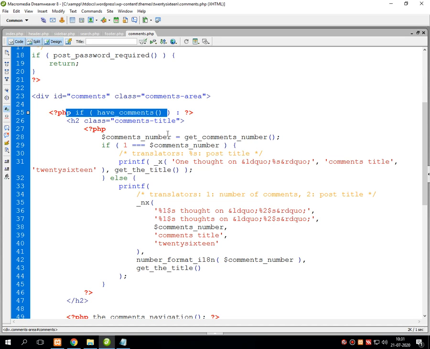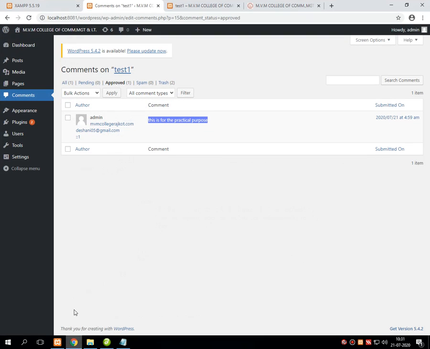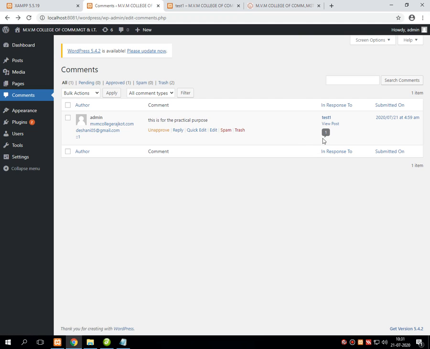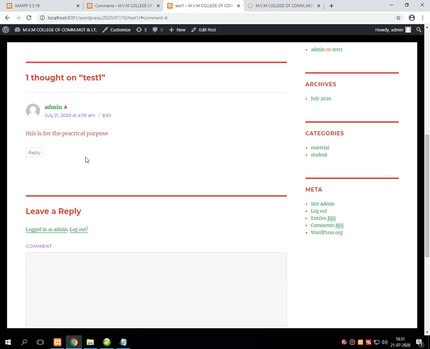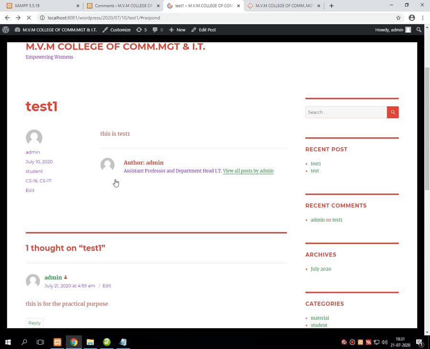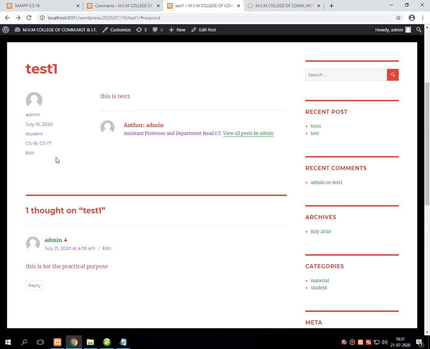Now that counter will get, using this particular function get_comments_number. I am talking about the number which you can see in the comment section over here. Right now it is 1. Say for example, again I am leaving another comment.